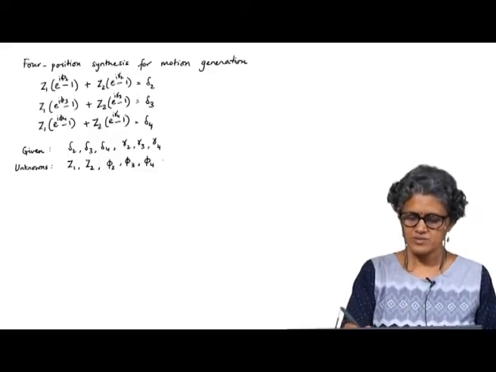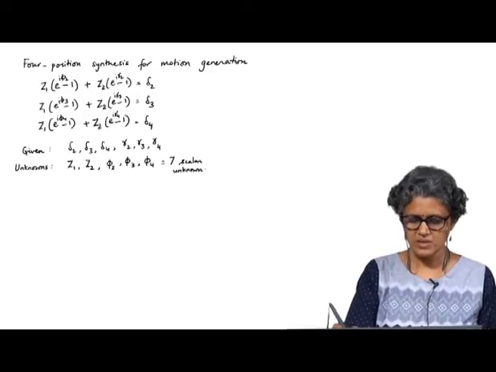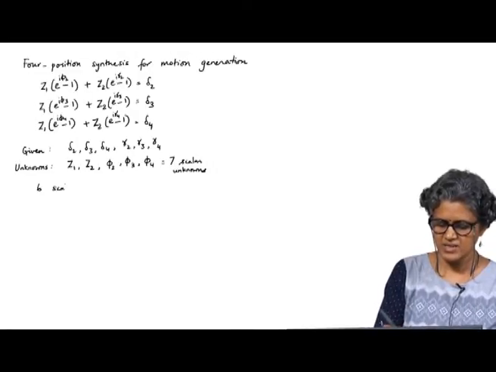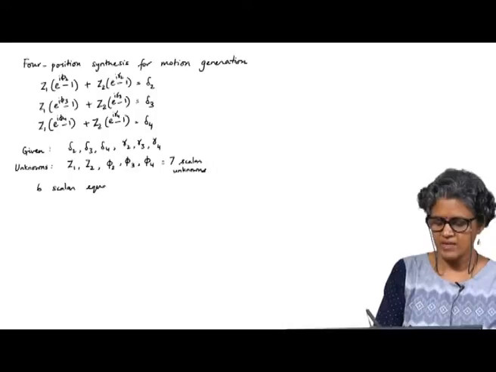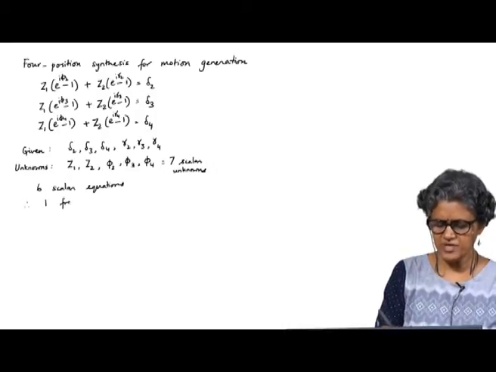So, that equals 7 scalar unknowns. You have 6 scalar equations above and 7 scalar unknowns. Therefore, you still have one free choice,